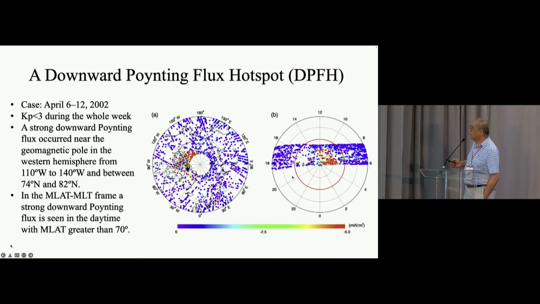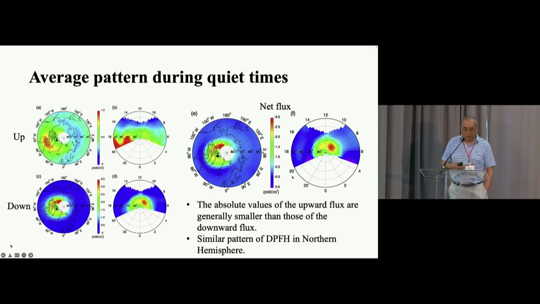Basically, it's fixed in longitude around this, unique to this longitude, and also here it looks like the cusp, but anyway, it's from 8 to 12 in magnetic local time. So when you average it together, this is talking about